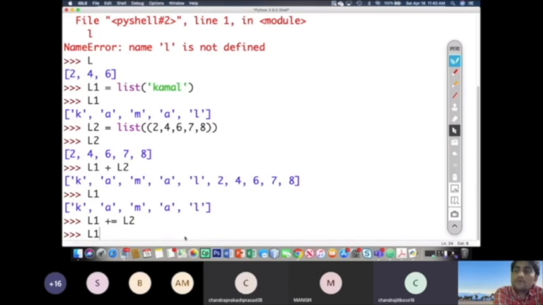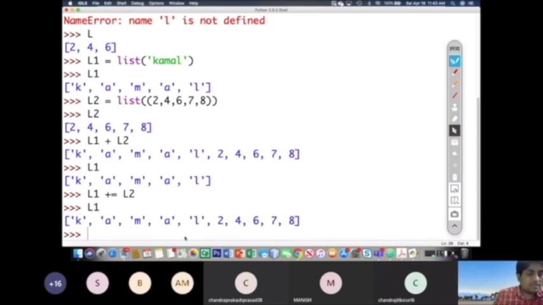सर दोनों ऐड हो जाएगा जैसे L1 और L2। हाँ नहीं, क्या आएगा? What will be the output if I am going to print L1? L1 प्लस सर कमल 2 4 6 7 8। अच्छा, मतलब ये चेंज हो जाएगा, करेक्ट है। Now the L1 has been changed since you have applied what? Addition with assignment. Since you have applied addition with assignment, the whole content of the first list will be changed. पहला कंटेंट जो है वो चेंज हो गया लिस्ट में, है ना?